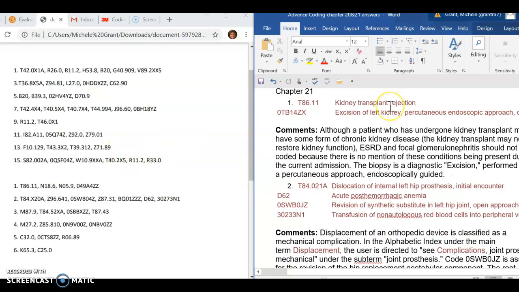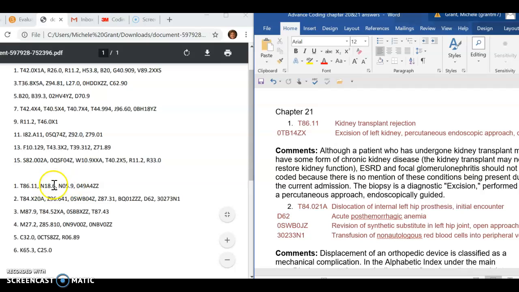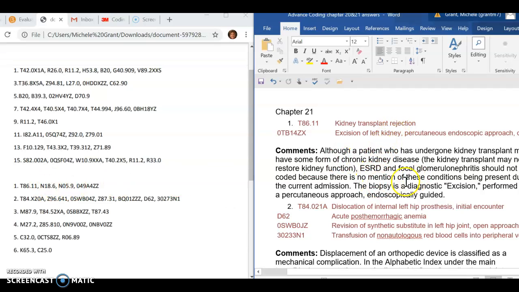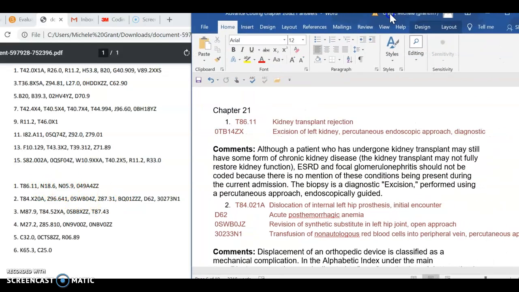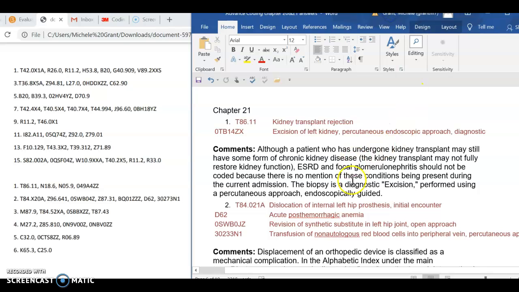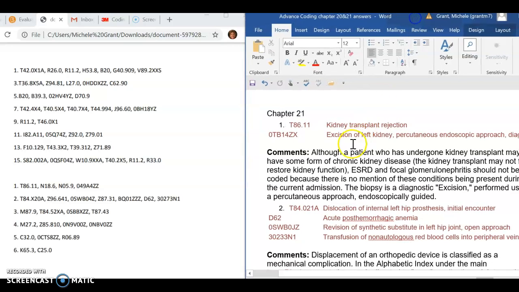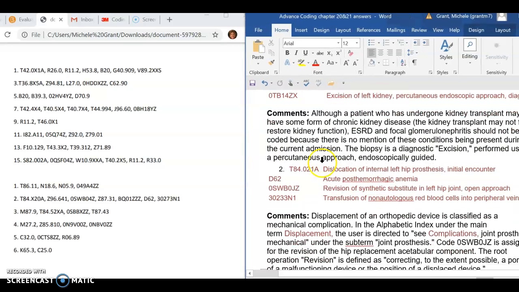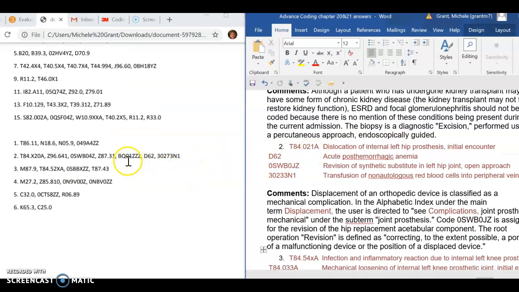Okay, so let's move on to chapter 21. We have T8611. Few extra codes here you don't need, and actually there was no mention of these two. If you want to look here, I will give you this also. There's no mention of these conditions being present during the admission, so that's why we're not coding those. So also then, if you move on to number 2, we have the revision,